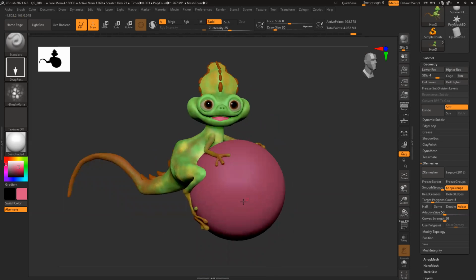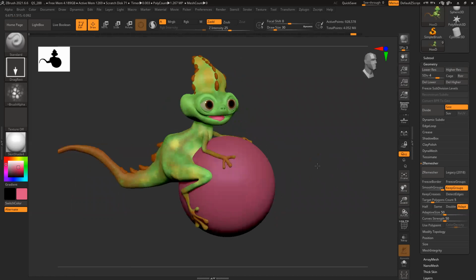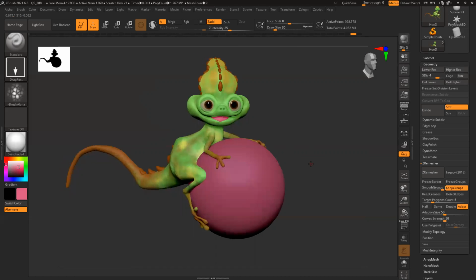So the basic thing is almost ready. Now if you want, we can definitely go forward and add more details. There may be some wrinkles or maybe some finger detail, nails detail, all these things you can slowly add. As you can see, it's pretty simple, not very complicated. We can definitely do it directly in ZBrush or create a base model, anything you can do.